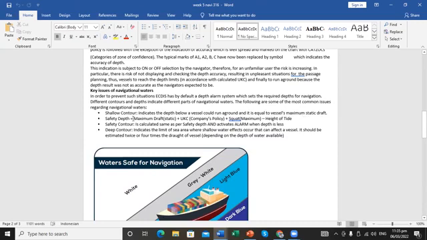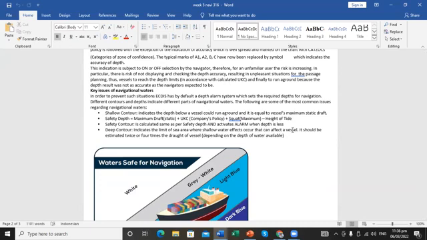The safety depth is equivalent to maximum draft plus underkeel clearance and squat minus height of tide. Safety contour is calculated the same as the safety depth and activates alarms when the depth is less. Deep contour indicates the limit of the sea area where shallow water effects occur that can affect a vessel. It should be estimated at twice or four times the draft of the vessel, depending on the water available.